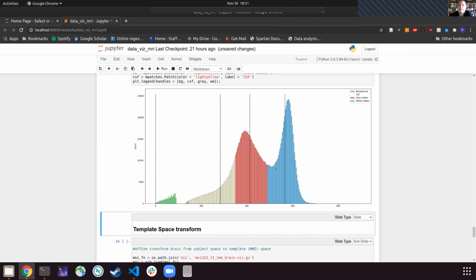algorithm. And we can see that what the k-means has actually done is it said, look pretty close to the peak of this histogram, that from this voxel intensity range of, I think, about 500 to 600 plus is white matter. This intensity range from 500 to about 350 is gray matter. And then as we move down, we've got the CSF and the background. And look, to be honest, that's not a terrible output for something that took all of about a minute and